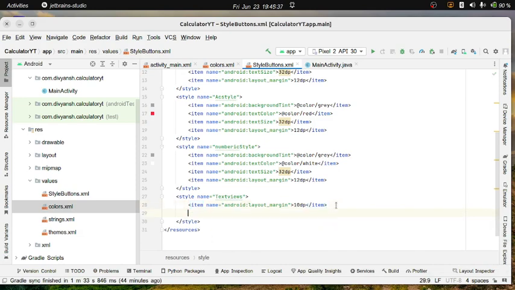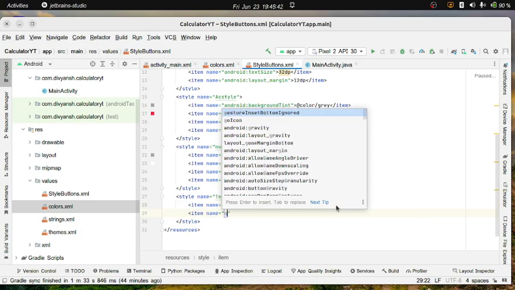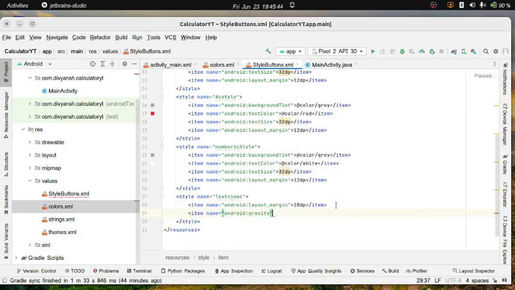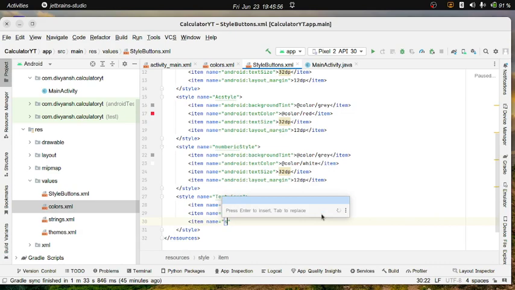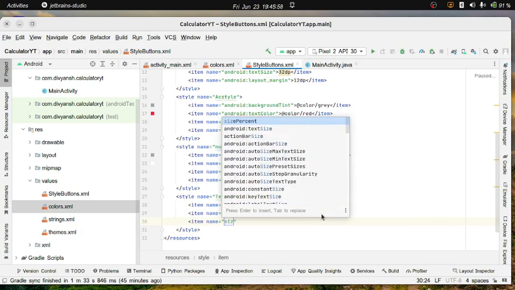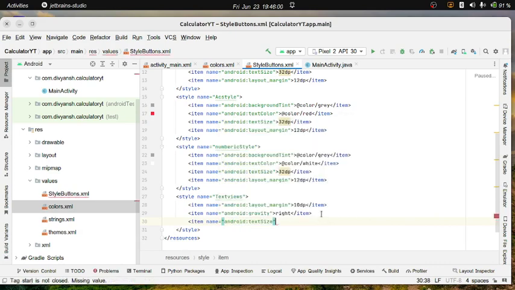And also I want to align all the items to the right hand side. Okay, gravity, gravity as right. Now let's see, and also the text size as well. First, let's change the text size as well. Text size to, let's say, 30 dp. Okay,